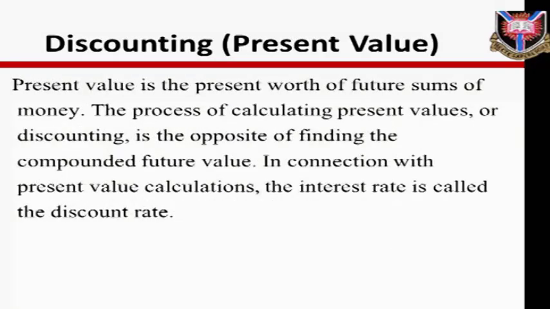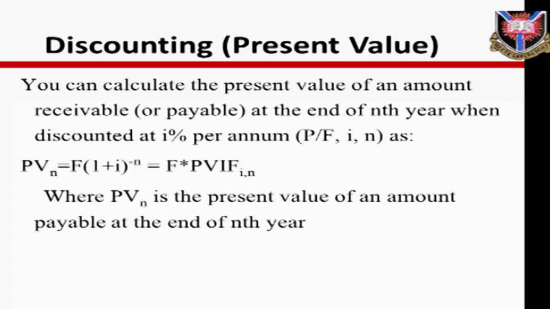Discounting present value. Present value is the present worth of future sums of money. The process of calculating present values, or discounting, is the opposite of finding the compounded future value. In connection with present value calculations, the interest rate is called the discount rate. You can calculate the present value of an amount receivable or payable at the end of the nth year when discounting